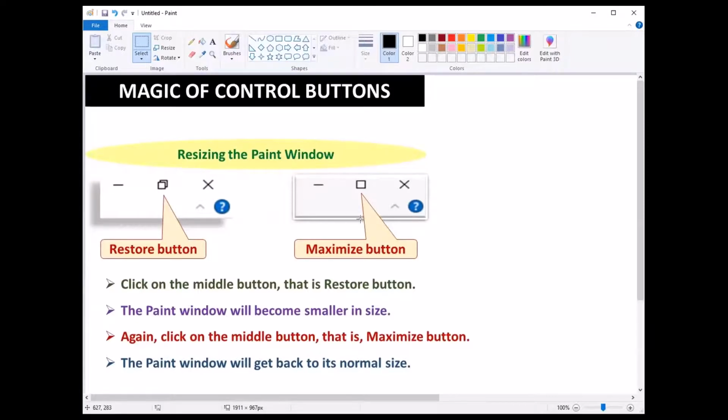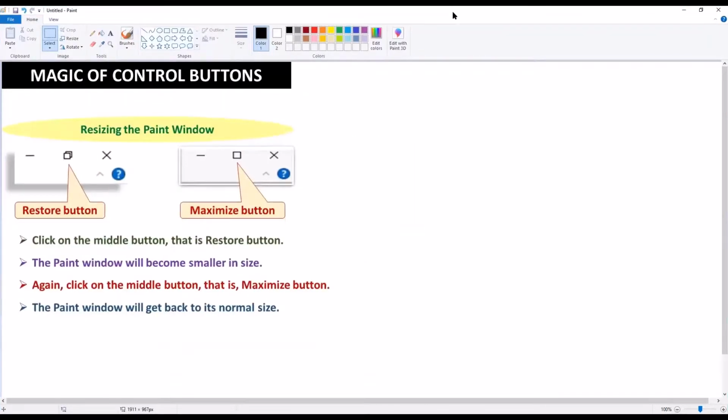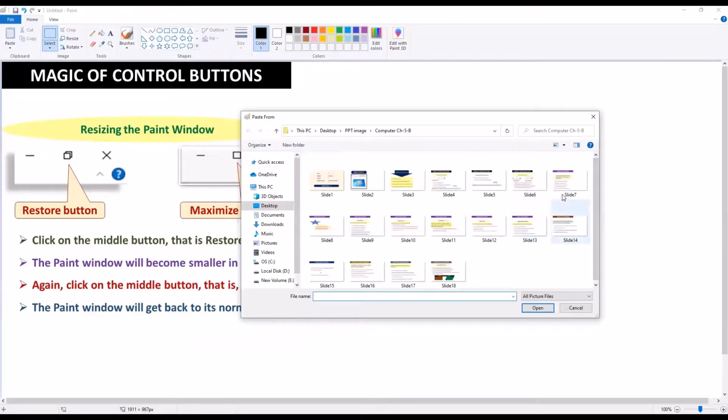What will happen when we click on this button? The paint window will get back to its normal size. Let's do it. Now again I am clicking on this button, children. See what is happening. Our window again came back in its normal size. I hope, children, you all have understood the magic of these three buttons. Yes or no? Let's proceed further, children.